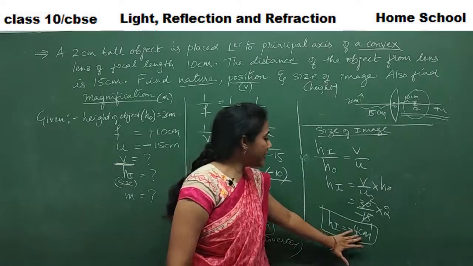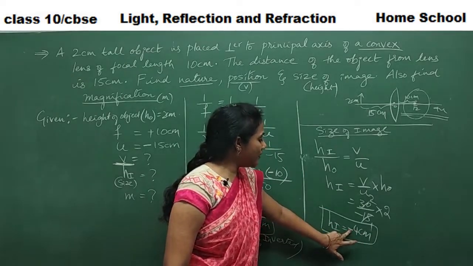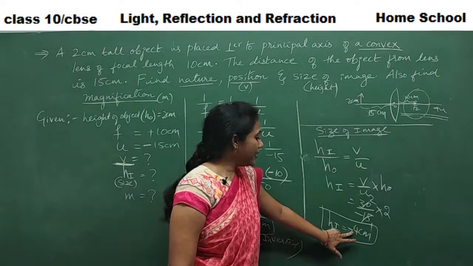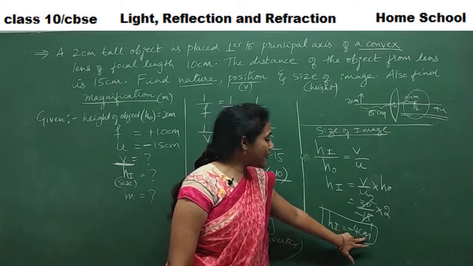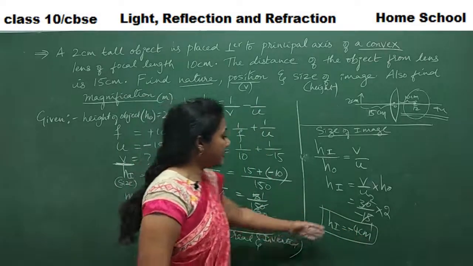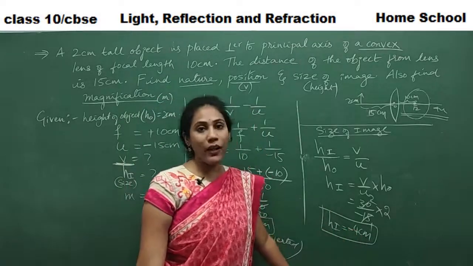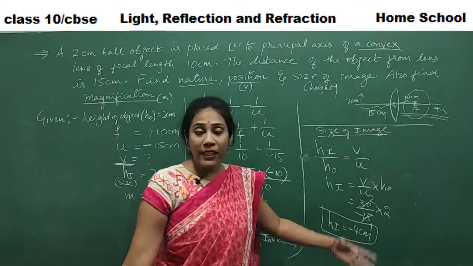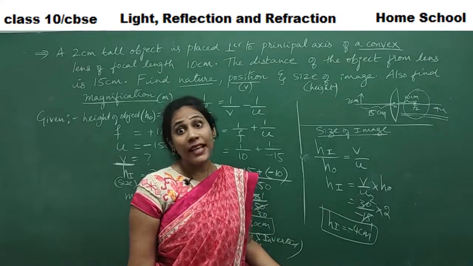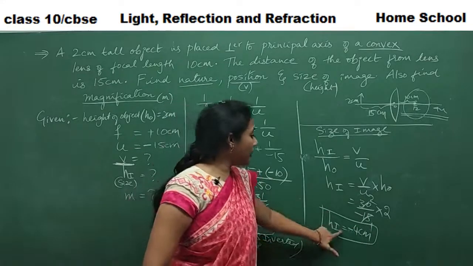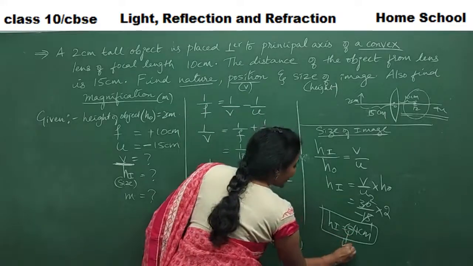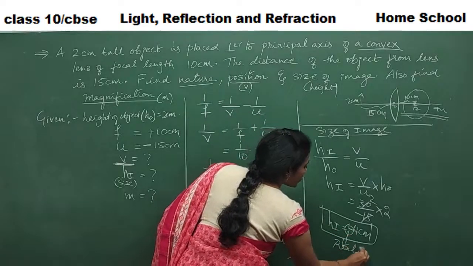See here, minus 4 centimeter. Image height is 4 centimeter. Forget about this sign. This sign will actually tell that image is inverted. Okay. See, you are getting minus 4 centimeter. Image height is 4 centimeter. Since it is inverted, you are getting a negative value. Yes or no? All this, if you can remember, we have discussed in case of sign convention. Height of the image negative means it is a real image. Negative value indicates that it is a real image.